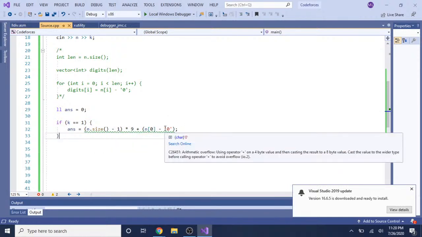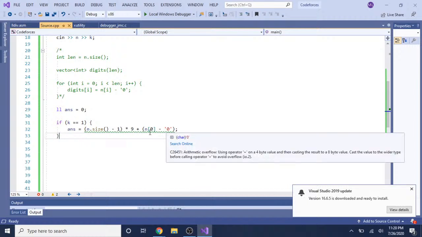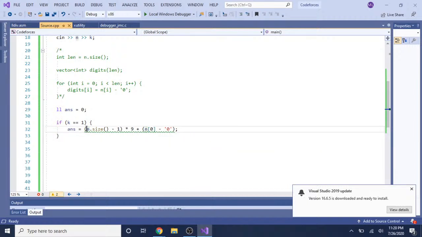I don't know why we're getting a weird answer. Maybe it's because, they're saying I might have overflow. If that's the case, then I think I could just cast this and dot size. Wait, oh yeah, hold up. I could just do this. So I'm going to take length and I'll change this to,